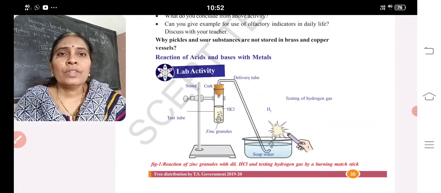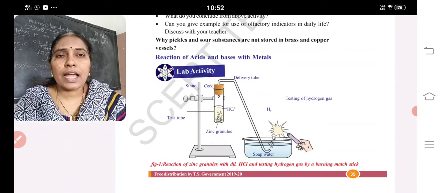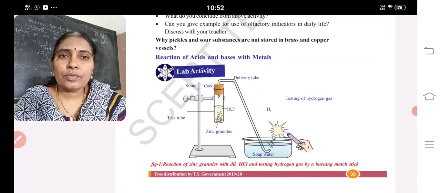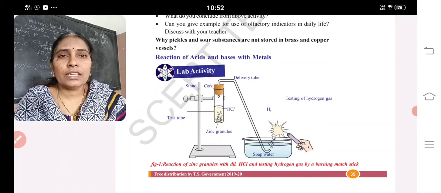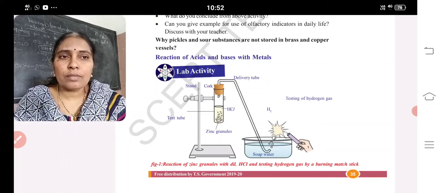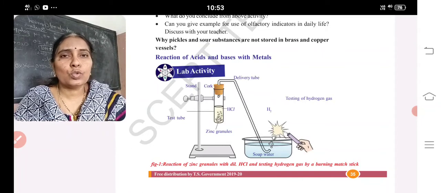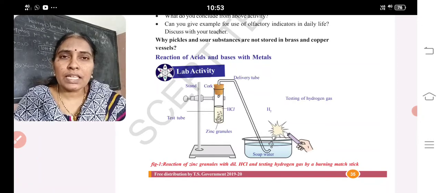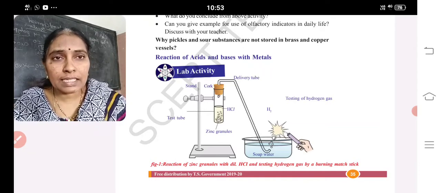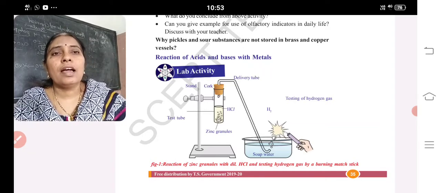And already this experiment I did not present to you in 10th class, but in 8th and 9th we discussed about this. That is, take zinc pieces, add a few drops of hydrochloric acid. Zinc is a metal, hydrochloric acid is an acid. So, reaction of acids with metals. What happens when acid reacts with the metals? We get bubbles and a colorless gas comes out, and pass that colorless gas through soap water. It puts off the burning splinter or a candle with a pop sound. This shows that the colorless gas which is evolved is hydrogen.